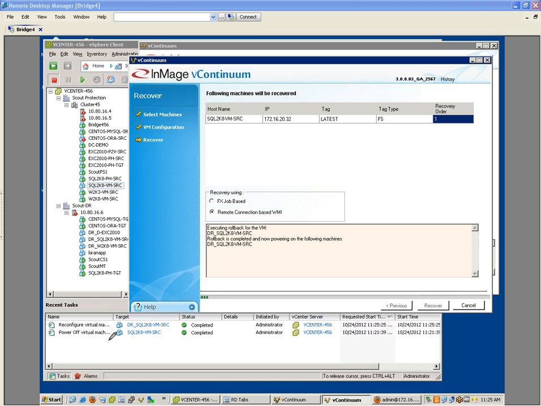So if I grab my pen here, you'll see some tasks that are starting to happen down in the task pane. The server that we want to keep an eye on is this SQL server right here, because ultimately what's happening is this master target server is going to remap the storage into that SQL server. It'll go through its attachment process, and it'll ultimately power on that Windows machine, and that Windows machine will come